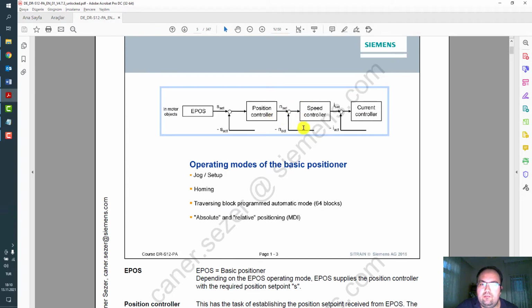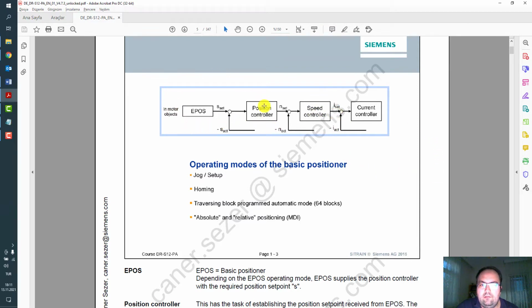And before that there is a position controller activated by us inside the drive. It generates the position set point, compares the actual position, feedback from encoder, motor encoder or external encoder, whatever. After that it will generate the speed set point to the speed controller.